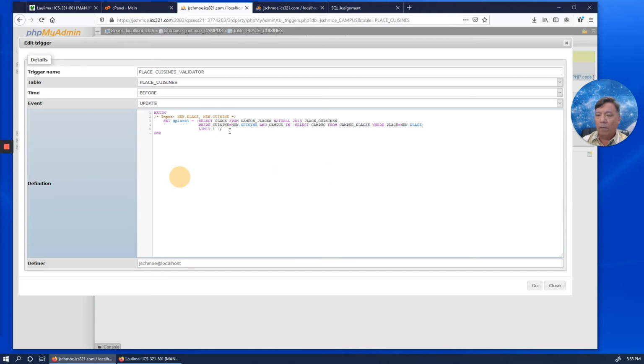All right. Now, if this comes back null, if place is null, then there's no problem. If it's not null, then there's a problem.